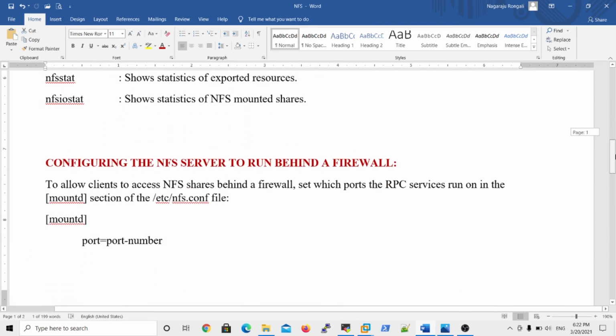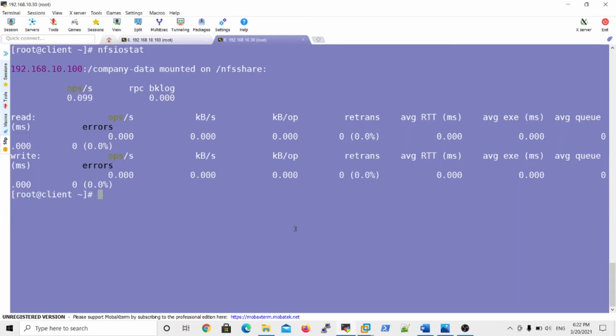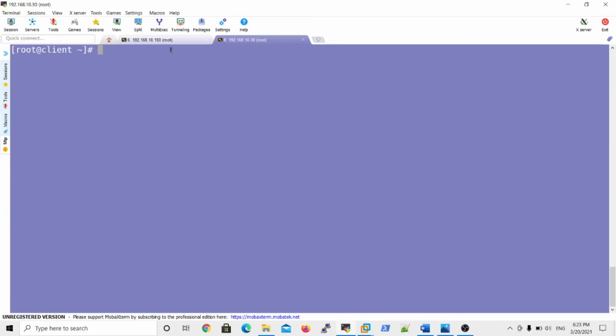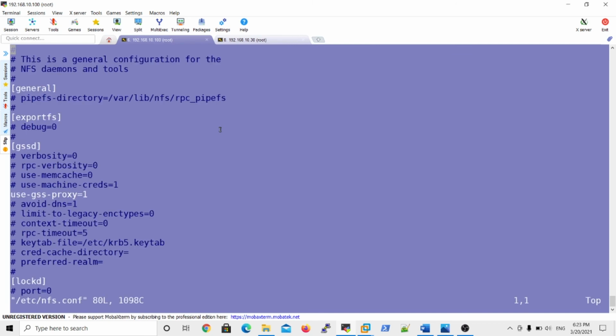And next, you want to change the port numbers and everything on the server side. See this, I told you the main configuration file of NFS is /etc/nfs.conf. Okay sir, I want to enable only NFS version 4. Then how can you disable version 3, maybe version 2 or version 1? Now under the /etc/nfs.conf file, a lot of things are exported.